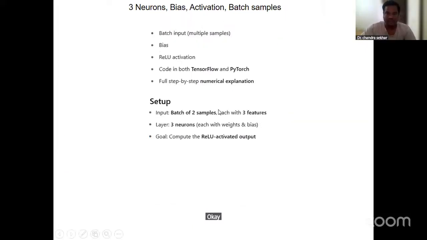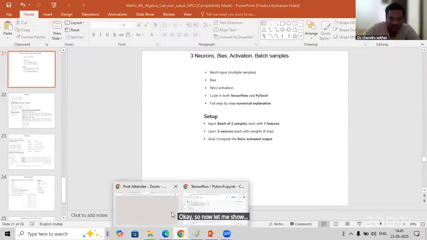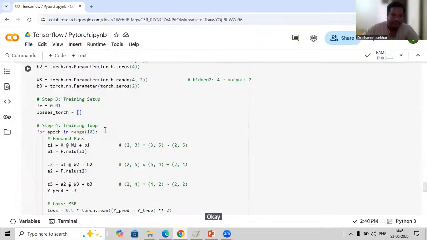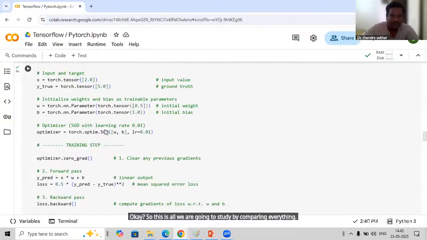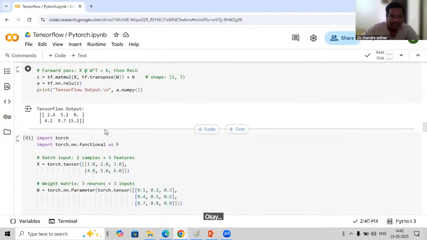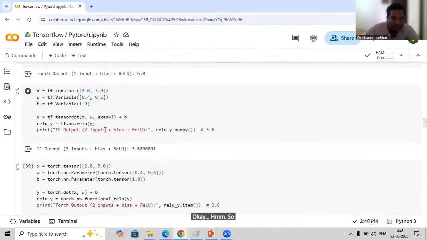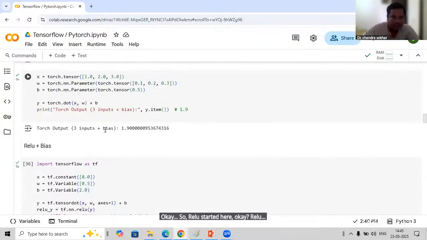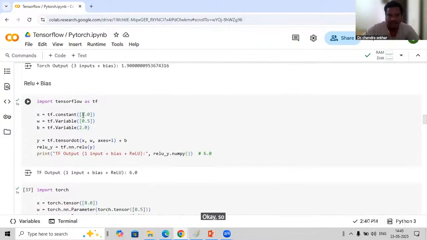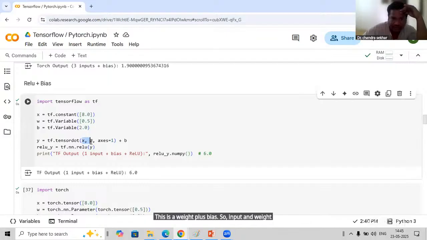Okay, so now let me show it in the code. So this is all we are going to study by comparing everything. So ReLU started here. ReLU plus bias. See, this is the input. This is the weight plus bias. So between input and weight I am doing the dot product, and then I'm adding the bias, and whatever I got, I am passing to